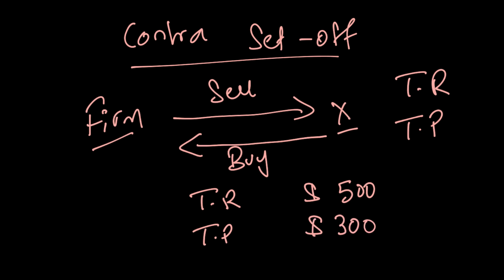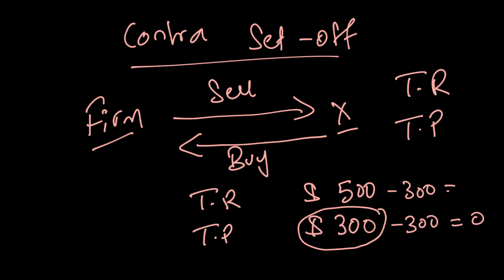Right now, how should they transact? So the easiest way out is that they will offset each other by the lowest amount. In this case, the lowest amount is 300. So what we should do is subtract 300 from both receivables and payables. This will make payables 0 and trade receivables will be 200. So what should happen is X should just pay us 200 and that's how we offset each other. But in accounting terms, what you have to do is create a contra set off worth 300, which is the lower amount, to offset both trade receivables and trade payables.